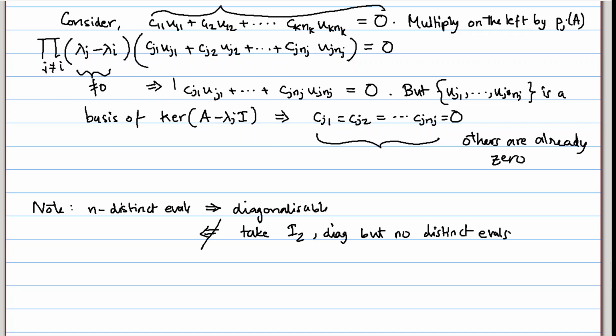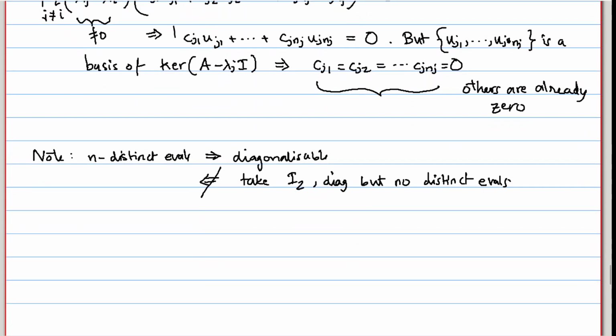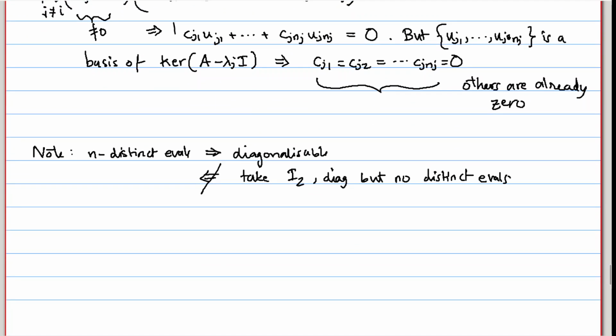So we've seen that if a matrix has n distinct eigenvalues, then it is diagonalizable. At the same time, the converse is not true. Observe along with this that A is diagonalizable